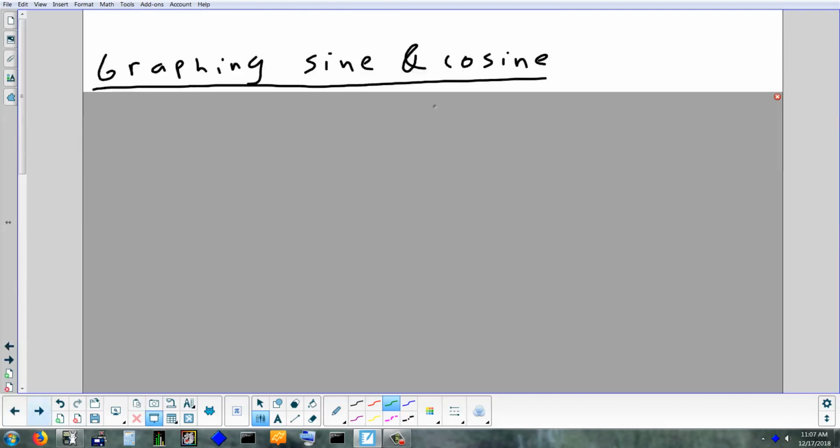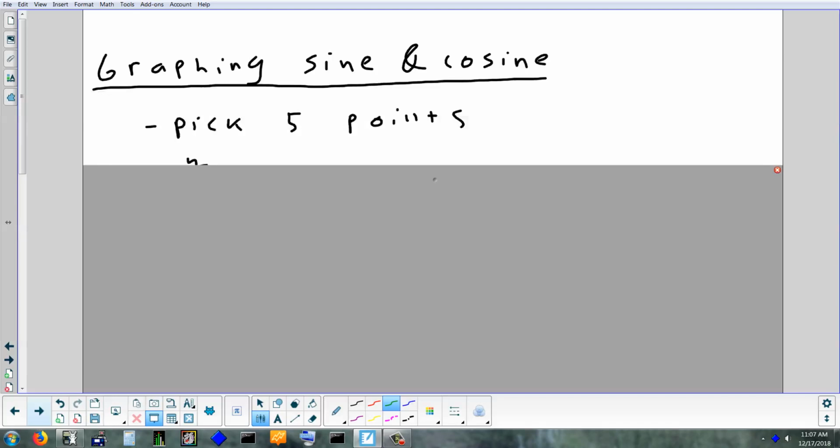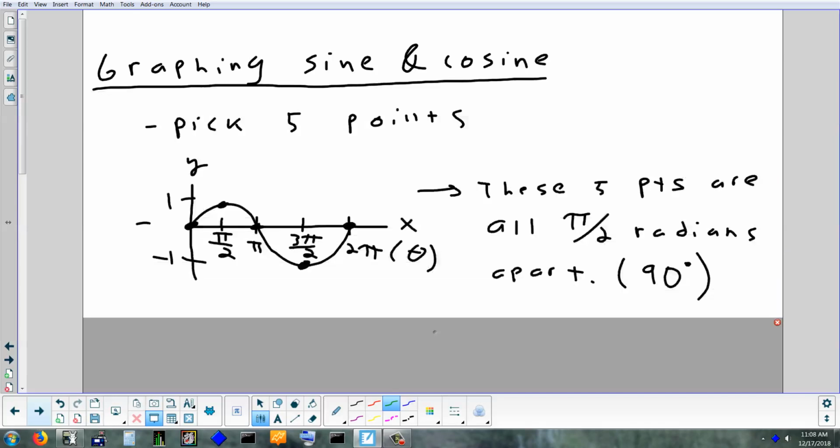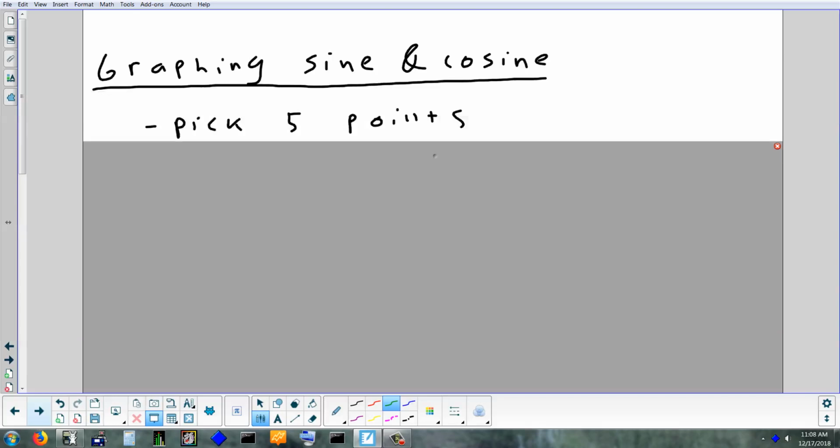All right, so when you want to graph sine and cosine, you really need about 5 points. Like if you're doing a line, you only need 2. If you wanted to draw a parabola, you might need 3 to get the shape of it. But with sine and cosine, you really need 5. And the 5 points that we pick